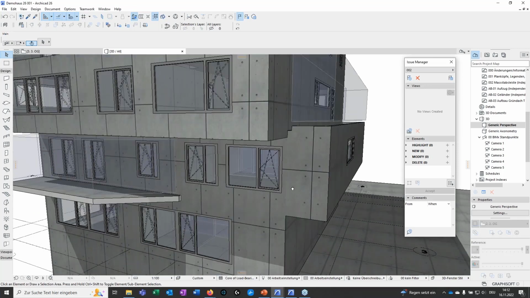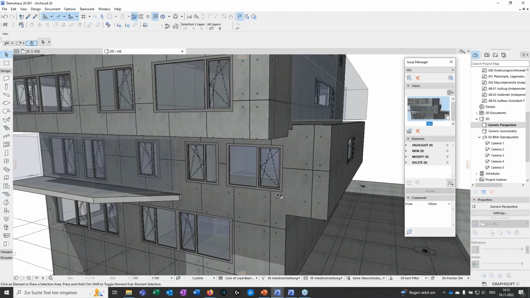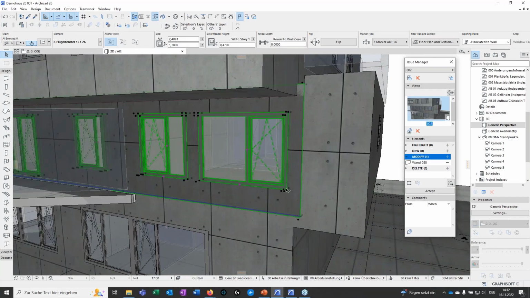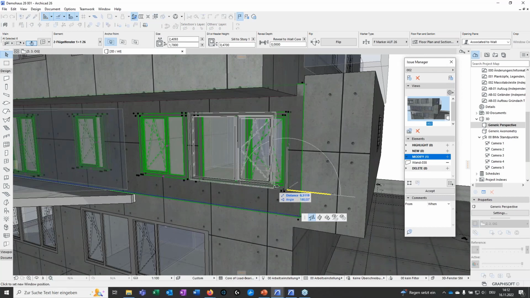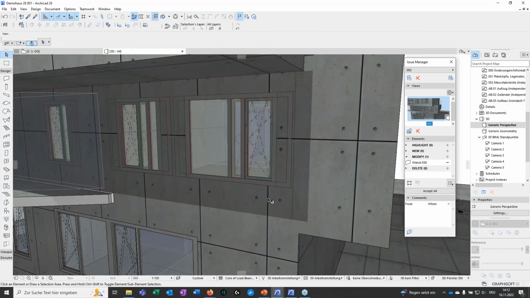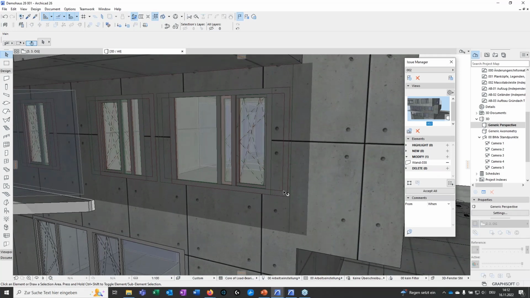And when I create this issue, I can also include parts in it. I can say this window should be modified, and then I can say it should be moved in this direction, for example, 30 centimeters. Then I have this information in the model. You see it here. Blue is the new geometry, red is the old geometry, and it's saved in the old